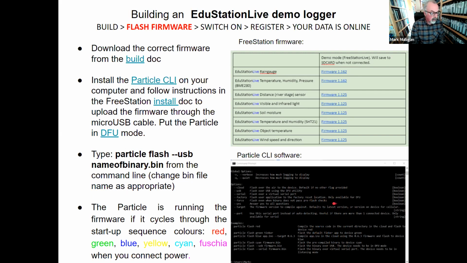When you've installed that, you put the Particle into something called device firmware update mode, which just involves pressing a couple of the pins, the buttons, in a particular order, until you get a yellow flashing light on the Particle. It's then programmable by plugging a micro USB cable into the computer that has this software and into the Particle, and issuing this command, where name of binary here is the name of the file that you've downloaded. That will upload that firmware to the Particle, and you know that has worked when the Particle issues